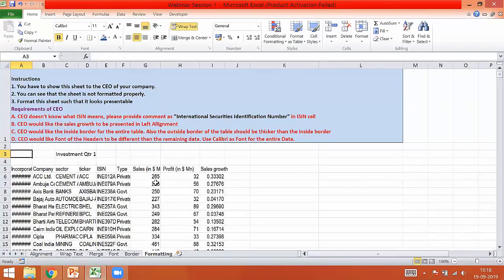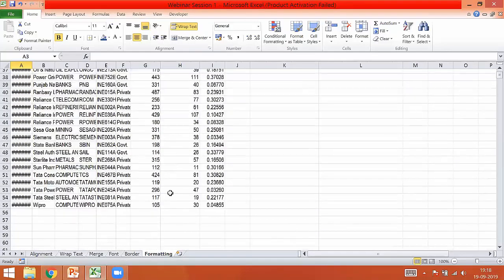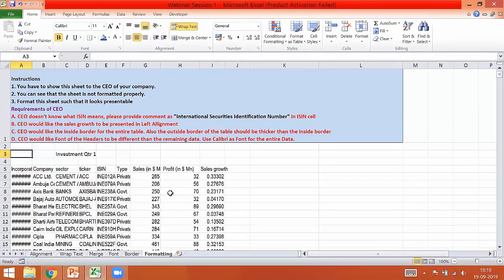Now you can see that you do have one small data set over here, but it is not really making much sense. We really want it to make more sense in terms of the look and feel of the data. The primary thing that you need to do is make sure that all the data is fitting properly under all the columns.